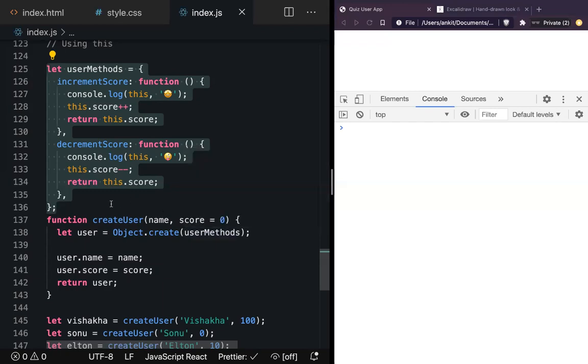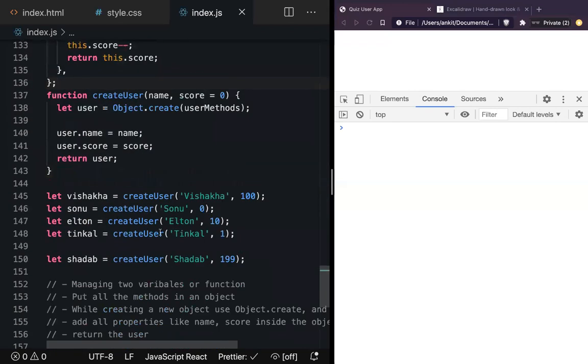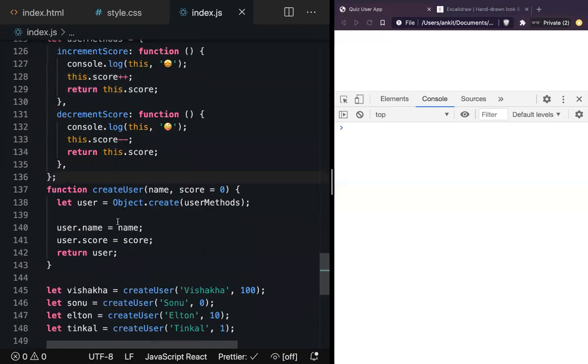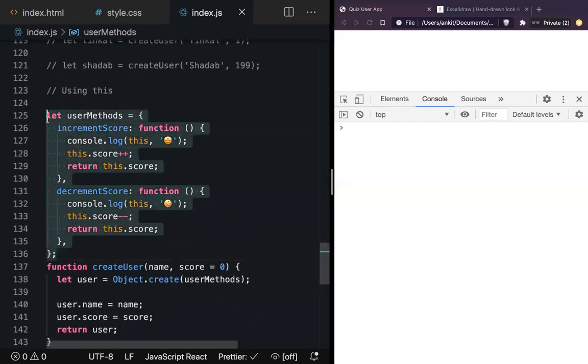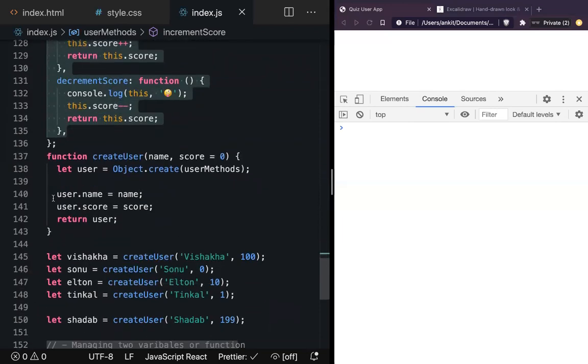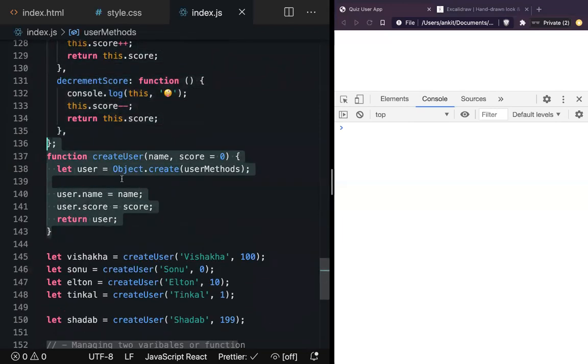So if you have to create a structure like this that is optimized for everyone, the first thing you need to do is create a variable that is an object with all the methods that you need, then create a function. That function should create a new object using object.create. Then you put all the properties inside that, and at last you have to return that object.